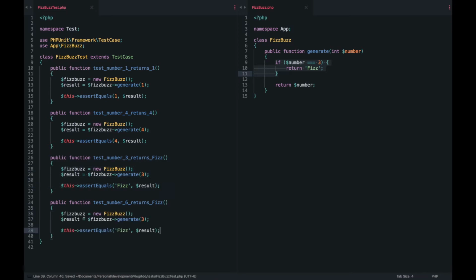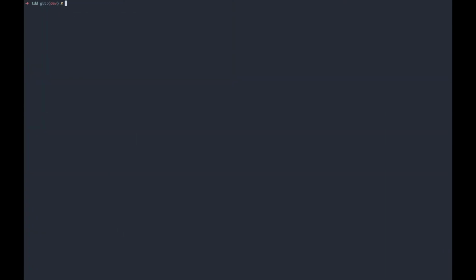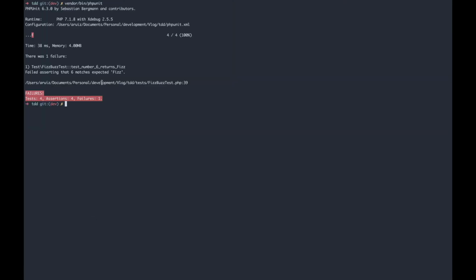Just copy paste this, and now we put 6 there, and it should return fish. Good. So let's run the test, and bang, it's getting a 6 when it's expecting fish.